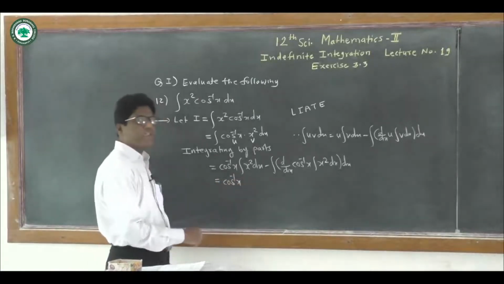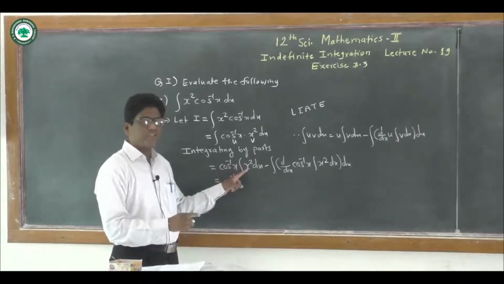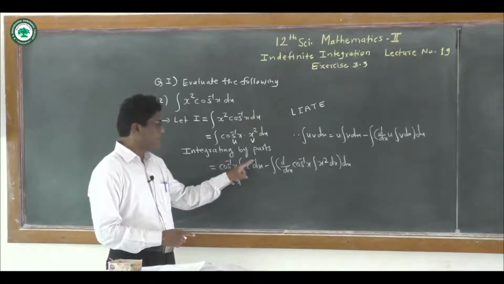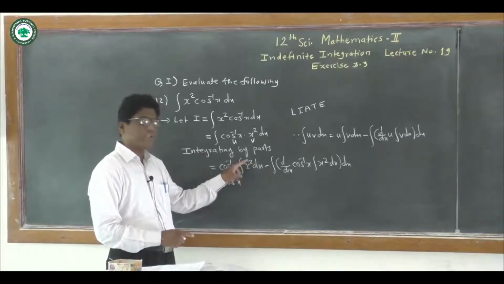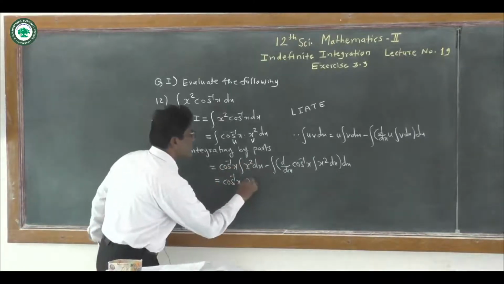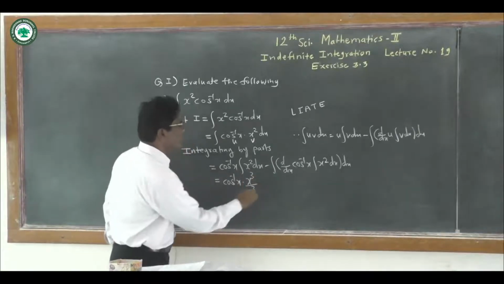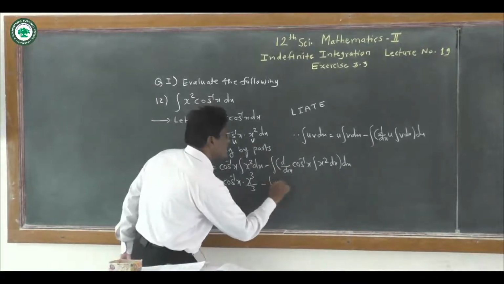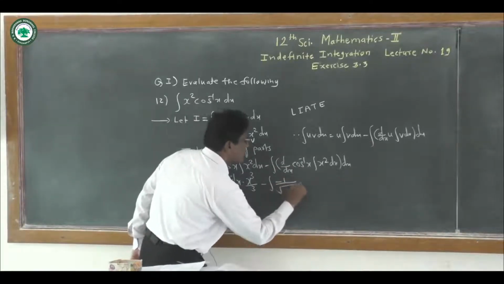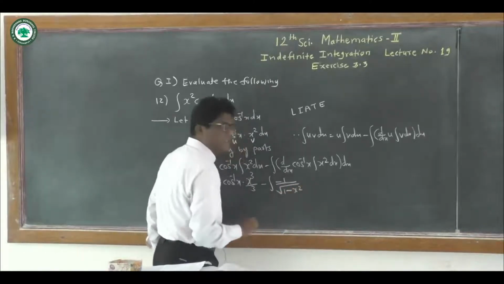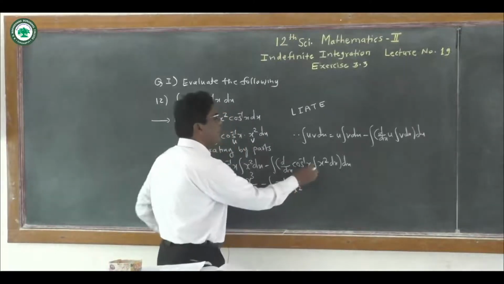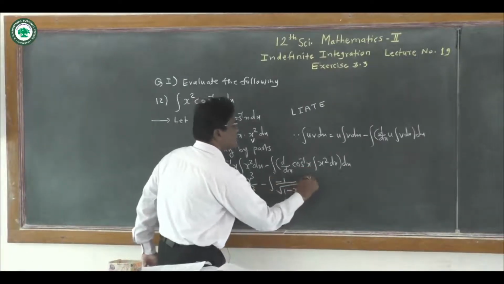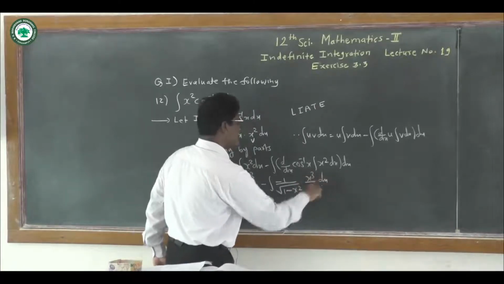Now we take the integration of x square dx using the power formula, x to the power 2. So we add 1 to this power. So 2 plus 1, that is 3, and divided by 3. So x to the power 3 upon 3 minus here integration of the derivative of cos inverse of x. The derivative of cos inverse of x is minus 1 upon under root of 1 minus x square. We know the derivative of cos inverse x is like this. And now here again integration of x square dx. Repeat this solution, that is x cube upon 3 dx.